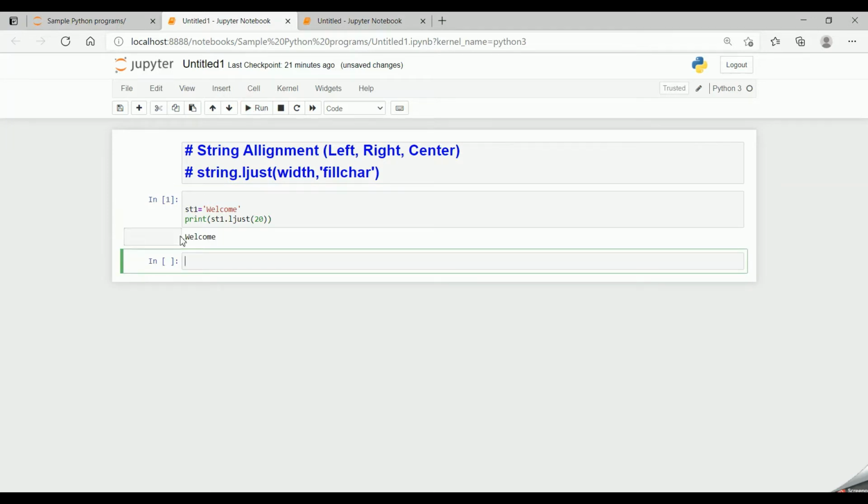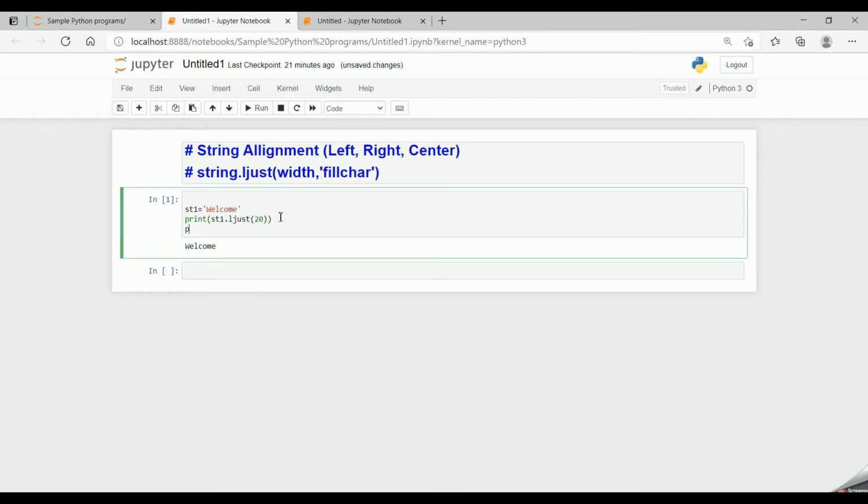and now if I run the code, it will print welcome, and since welcome has 7 characters, the remaining 13 characters will be filled with space and it will be left justified. Similarly, if I want to right justify my string, I say print st1.rjust, that is right justify, and then I give 20.